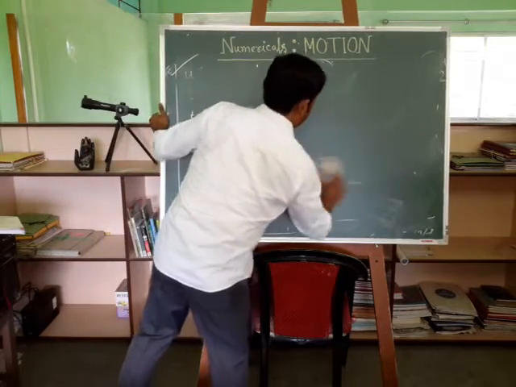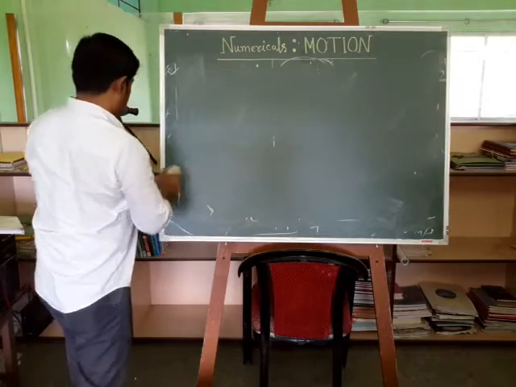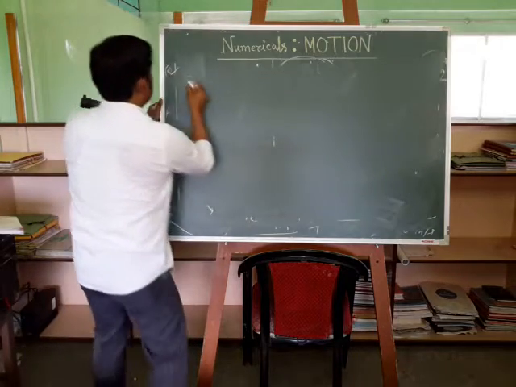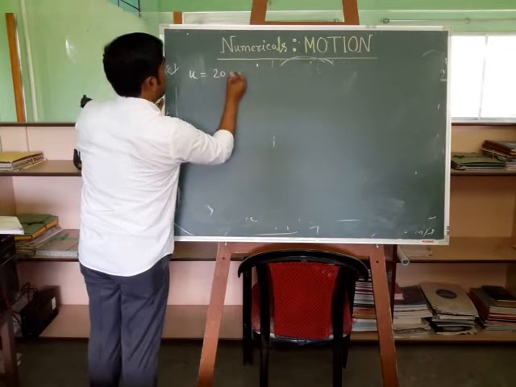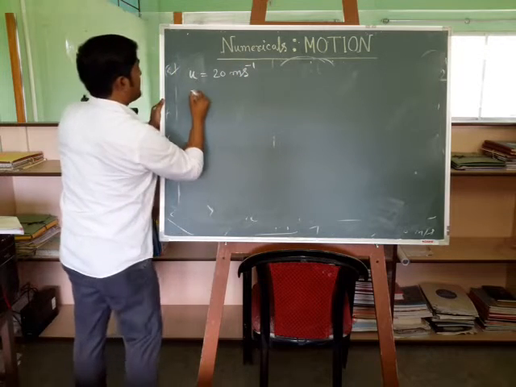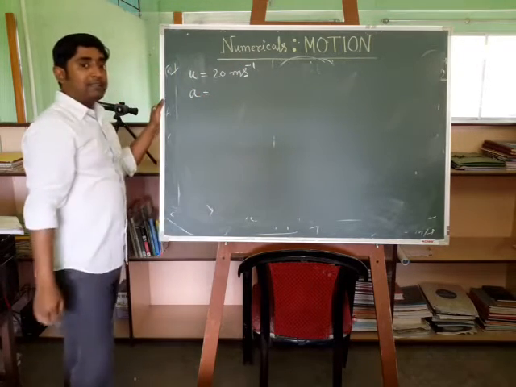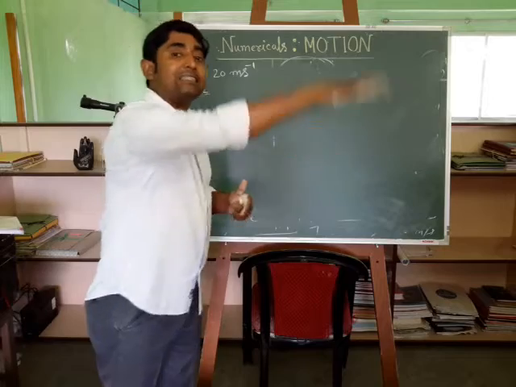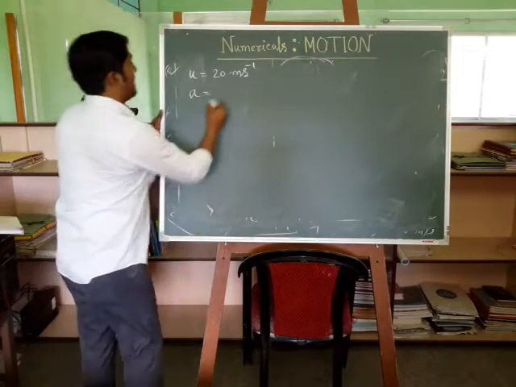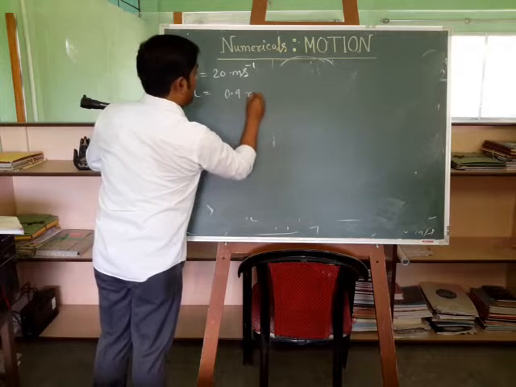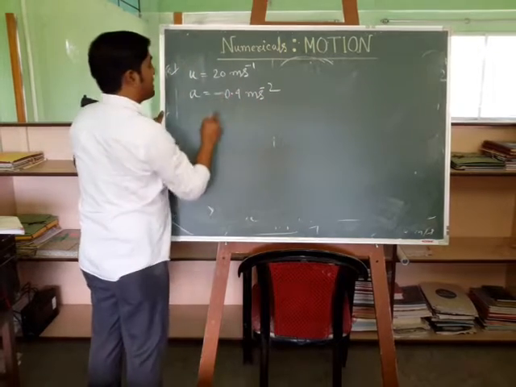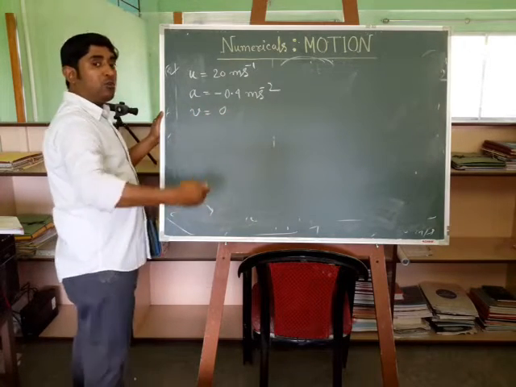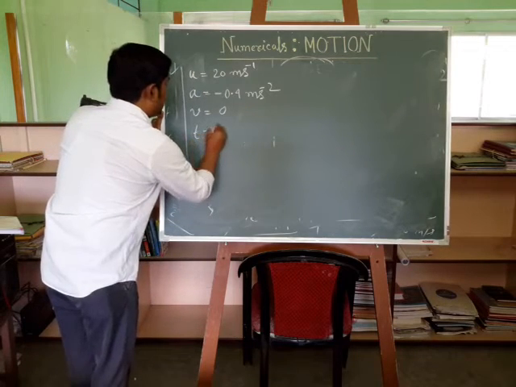So you see, it looks like there is so much information. Let us write those down. Initial velocity in this case is 20 meter per second. Acceleration, this is actually negative acceleration because you are slowing down, your velocity is decreasing, it is retardation, deceleration, and that is 0.4 meter per second square. There should be a negative sign because there is negative acceleration, and your final velocity is 0 because you are coming to rest. How long will it take for you to come to rest?